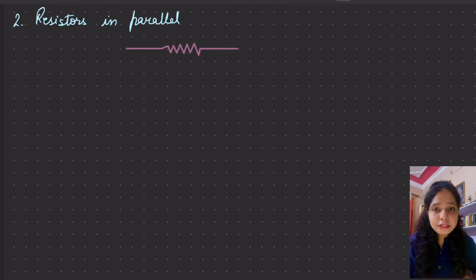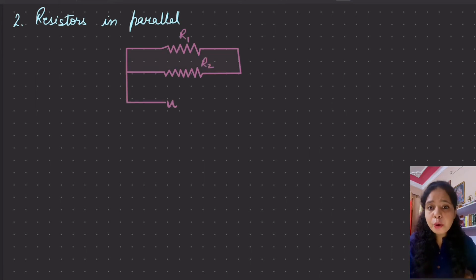Now we will talk about the resistors when the resistors are connected in parallel. So in this case we will consider three resistors once again, that is R1, R2, R3. Now I will connect these resistors R1, R2 and R3 in such a way that both the ends of these resistors are connected to each other. So this is the parallel combination which we are having for the resistors, and we will connect this parallel combination with the external source of direct EMF. So I will attach a battery in parallel to this parallel combination.